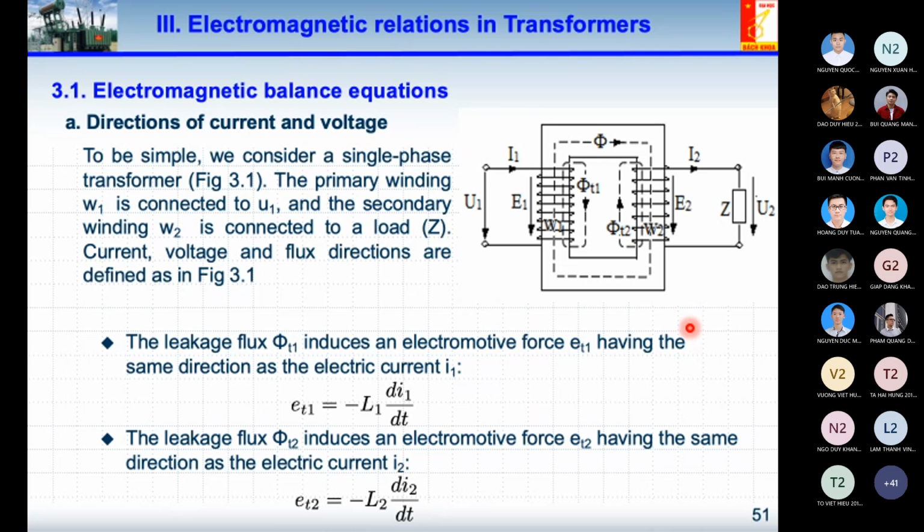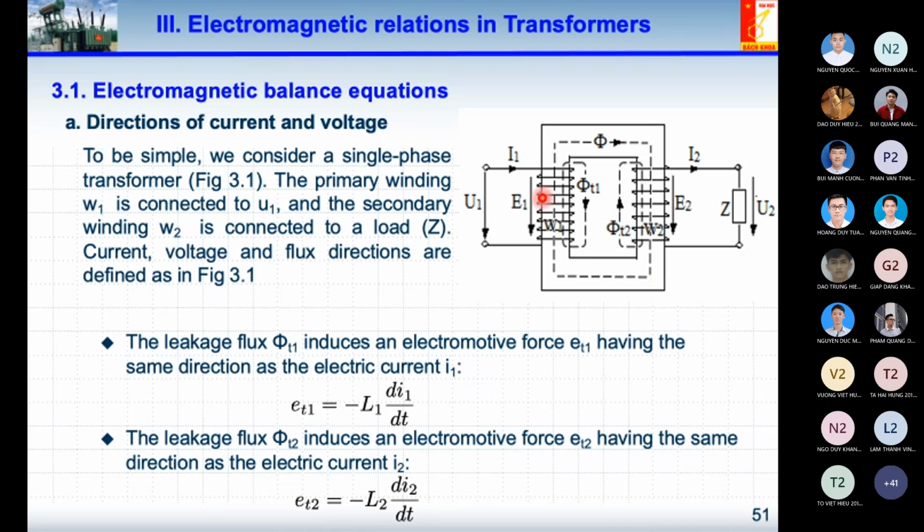In this part we are talking about the voltage balance equation, and also the magnetomotive force balance equation. For doing that, first of all, we need to introduce to you the direction of the current and the voltage. So have a look at the figure on the left-hand side of this slide. This figure stands for the single-phase transformer,